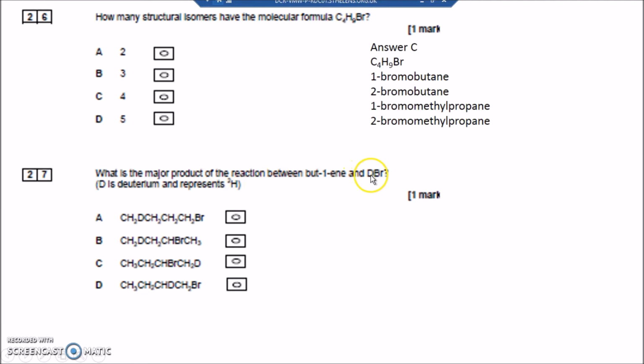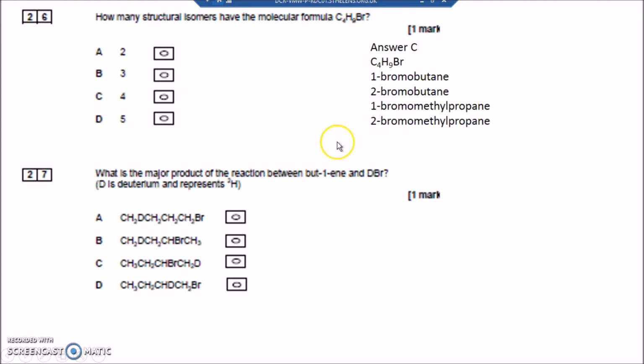So if you imagine D is HBr and you've got but-1-ene, so you've got the carbon-to-carbon double bond between carbon number 1 and carbon number 2. Let's imagine it was HBr for a start. The H would go on to carbon number 1 and leave a secondary carbocation, which is more stable, and the Br then would join onto carbon number 2. If the H went on to carbon number 2, it would leave a primary carbocation, which would be less stable. So the major product has the H adding on to carbon number 1 of the